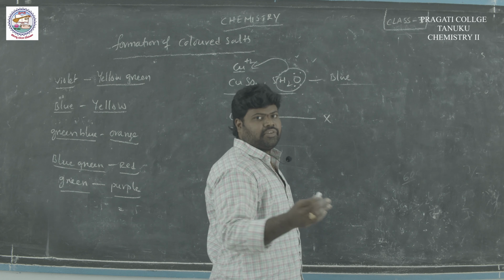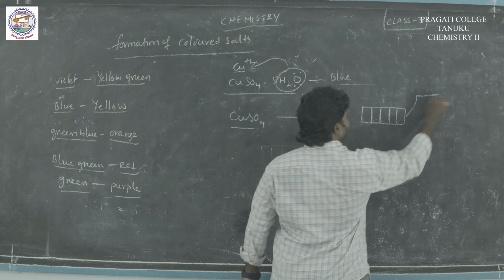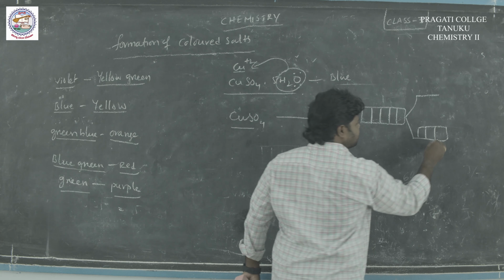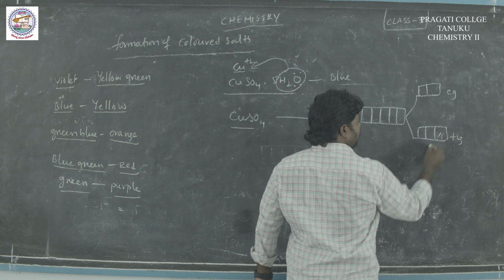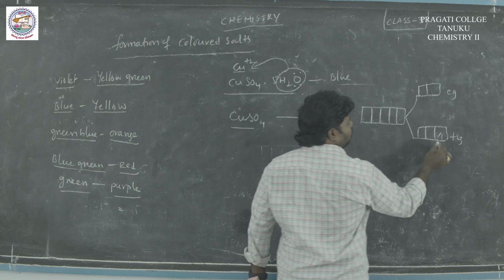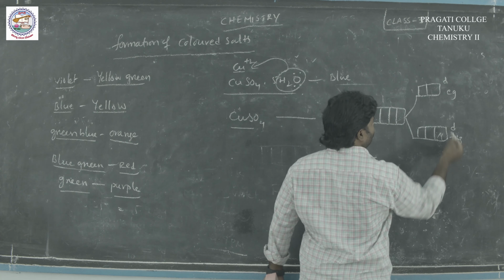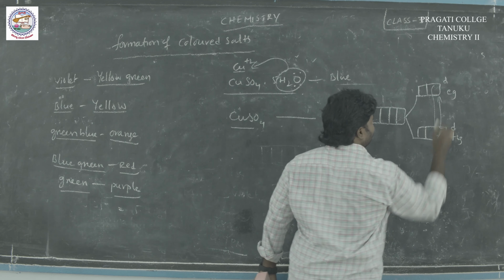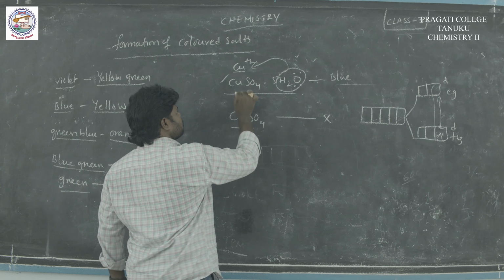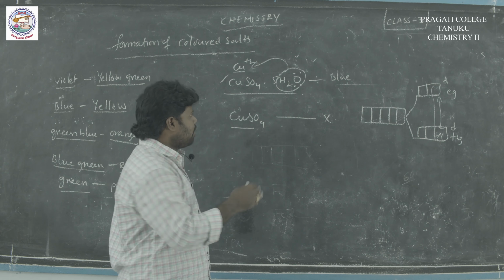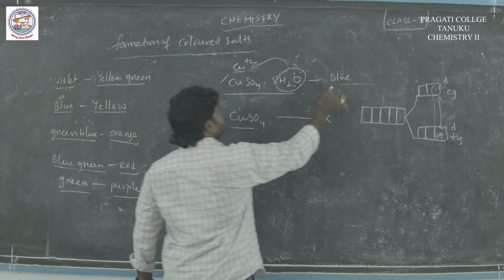What is the meaning of d-d transition, sir? A d-d transition means the 5 d orbitals are split into 2 sets, one set T2g and another set Eg. An electron is excited from one d orbital to another d orbital. This type of transition is called a d-d transition. So d-d transition is possible in CuSO4.5H2O, hydrated copper sulfate, which has ligands, so it exhibits blue color.